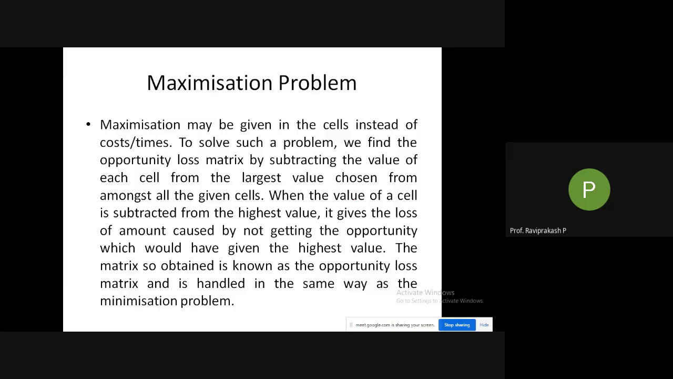When the value of the cell is subtracted from the highest value, it gives the loss of amount caused by not getting the opportunity which would have given the highest value. The matrix so obtained